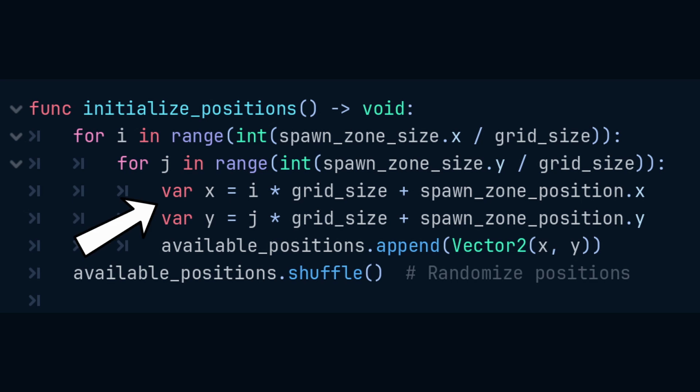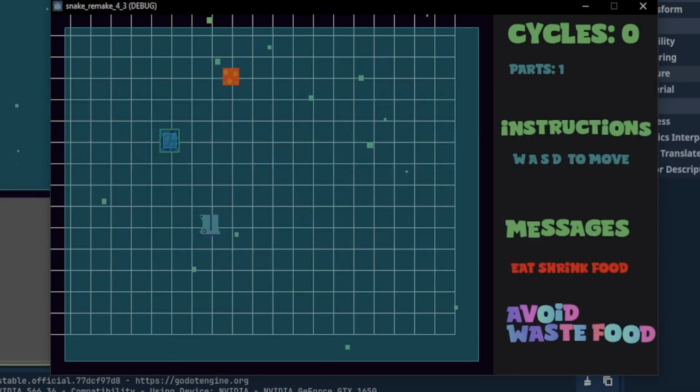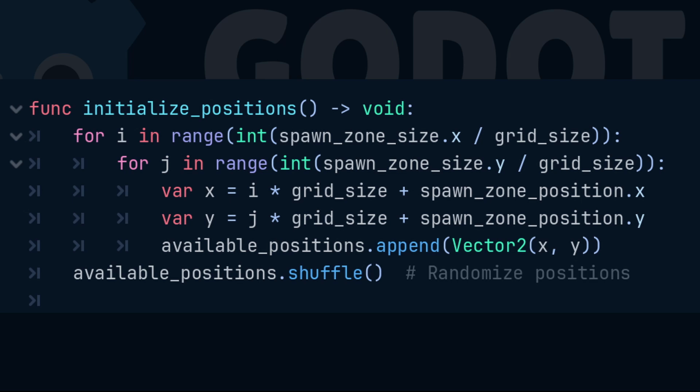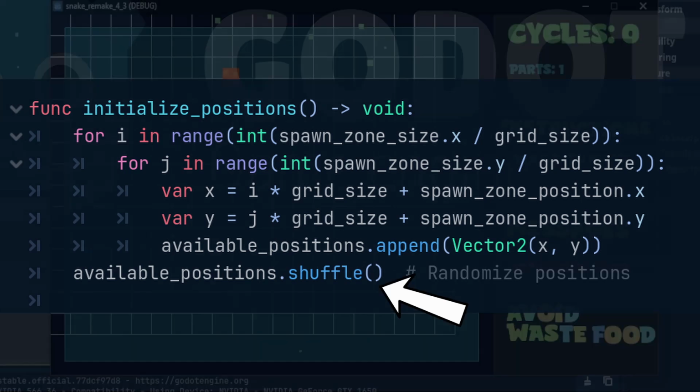i multiplied by grid size and j multiplied by grid size determines the positions within the grid. Adding spawn zone position.x and spawn zone position.y offsets these positions to align them with the desired spawn zone in the game world. Then I create a Vector2 with these coordinates and add it to our available positions array using .append. This builds a comprehensive list of all possible spawn positions. Finally, to ensure that items spawn in at varied locations each time, we shuffle the list by using the .shuffle function. This will make the spawning